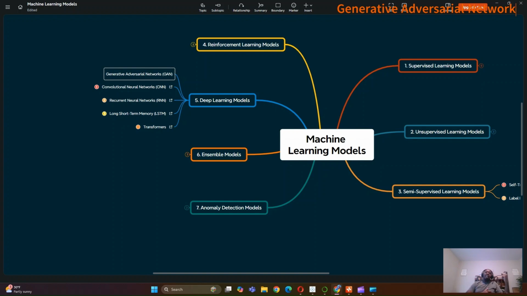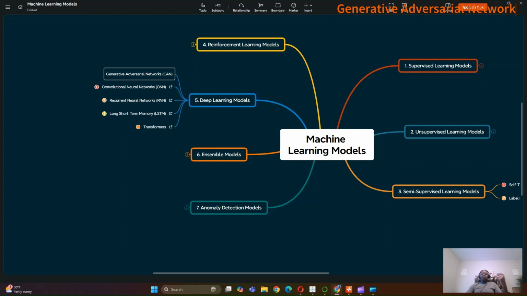The generator creates fake data, in our case, fake images, which will resemble real data. Then a discriminator tries to distinguish between real and fake data. So the goal of the generator is to fool the discriminator into thinking its output is real, while the discriminator improves by becoming better at identifying fake data. Think of it as a minimization and maximization game. Generator minimizes the probability of the discriminator to identify fake data as fake, while the discriminator maximizes its ability to